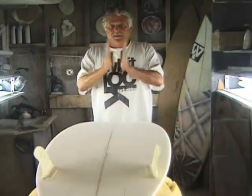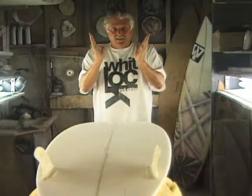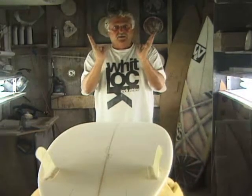The more you toe it in, the looser the board. The more you straighten it out, the stiffer the board, or more drive. So there's just that balance where you put the fins. The other question comes up about the angle of the fins, the canter it's called. Once again, the more angled, the looser the board, the more straight up and down, the stiffer or more drive. And then as time went on, it became just the standard, the fin is 1/4 of an inch toed in,